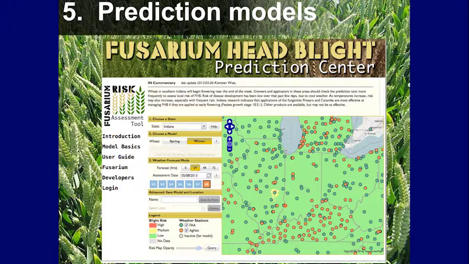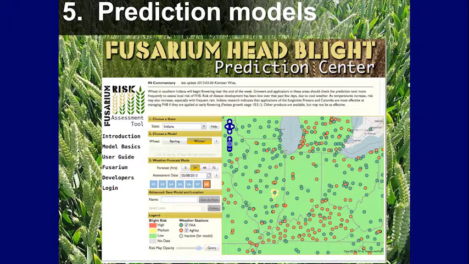A lot of sprayers are in high demand at this time of the year, right? For corn and soybean herbicide application, a lot of folks are busy, and you have to spray your wheat at the right timing. Maybe you can use these prediction models to help push you off one side of the fence versus another, which job is more important. We use a different model than the Fusarium Head Blight Prediction Center one does,